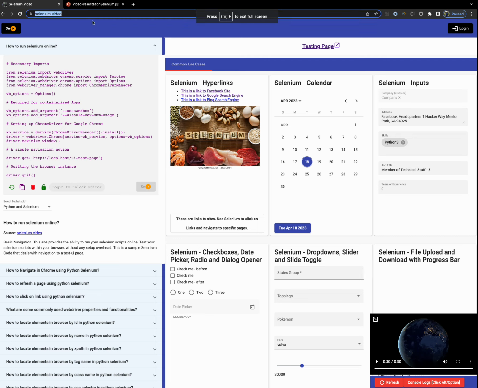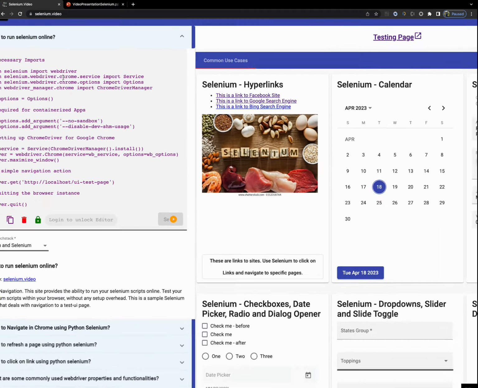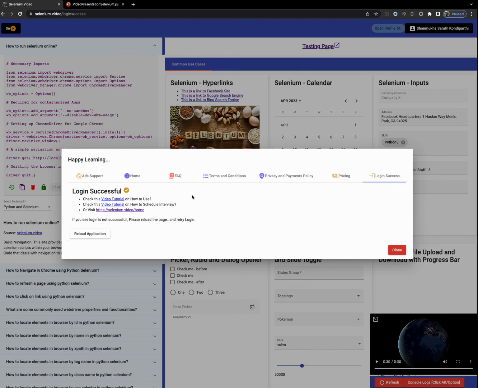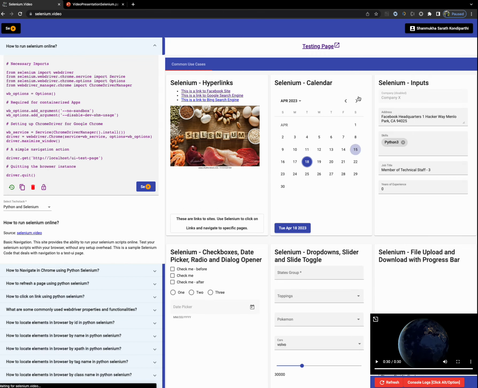Yeah, this is the website that I recommend you to follow. Let me zoom in. Okay. I think selenium.video. So I'll be sharing the same link here in the description. So this is the website that you want to have access to. So just log in to this. You might want to use your Gmail account. And once you are logged in, you'll be having all the access, like writing the code and running the code with no issues. So let's see the very basic example in the next session, like how to run a basic